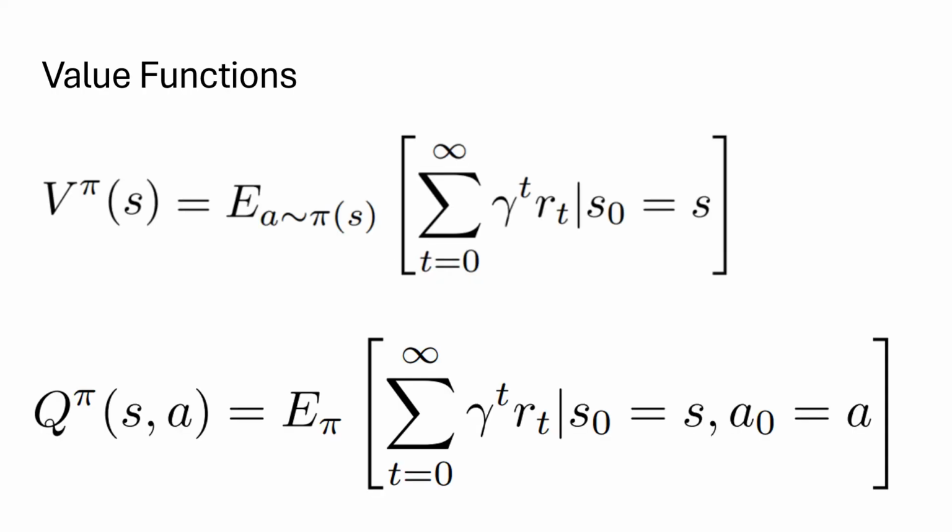Rewards can be sort of estimated using something called the value function. The top one is our state value function, so it outputs how good a particular state is to be in, and the bottom function is our action value function, or Q function, which tells us, given a particular state, how good is this action to take. Now, these representations are very good for helping us define what goodness is, but they don't have a lot of practical use,